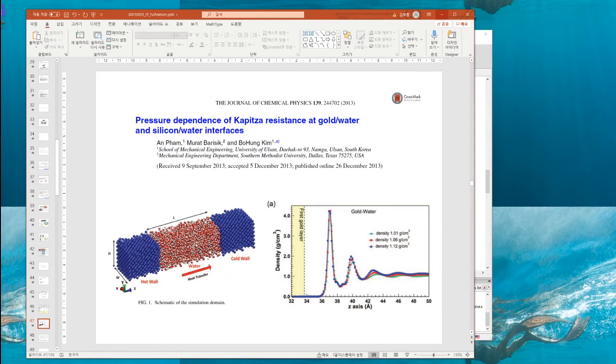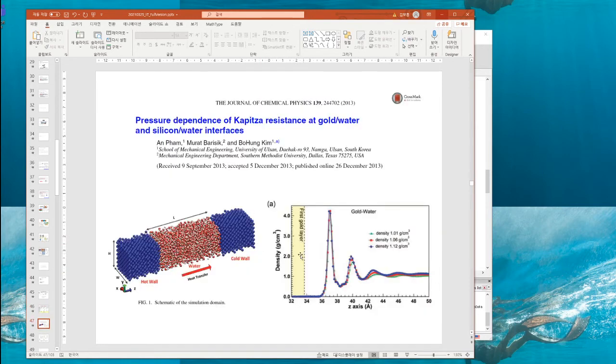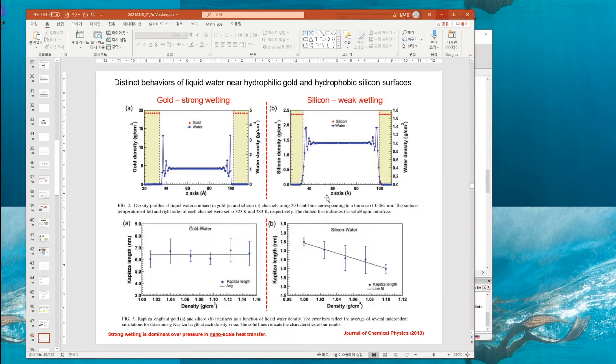We have gold and silicon surfaces interacting with water, and when we run the MD, we see that there are layerings too. So in our simulation, we just put in the molecular interactions. The water molecules behave similarly to the experimental observations, okay? And these layerings are showing up as well, and we are interested in the interfacial thermal resistance, the Kapitsa resistance,